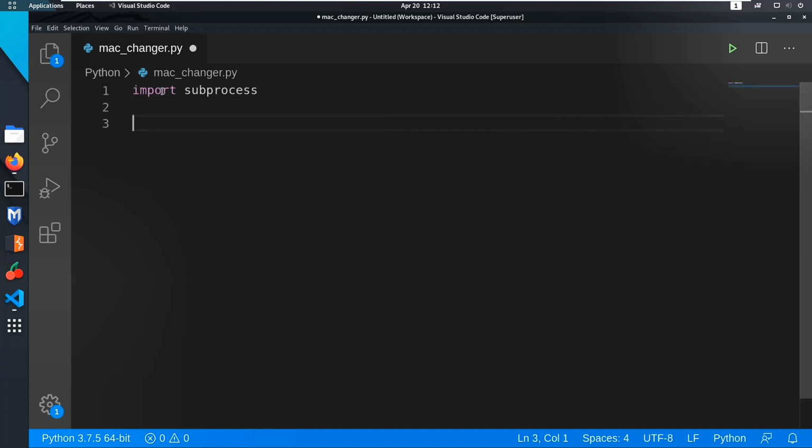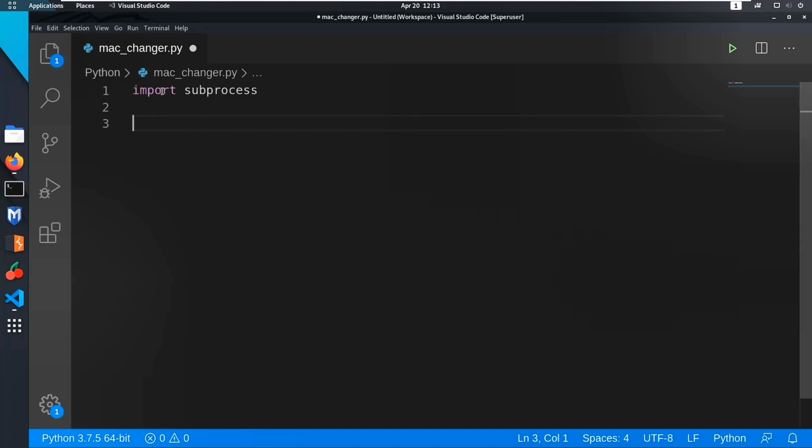For a basic overview, subprocess is a module available in Python 3, which gives us some important methods or functions that help us communicate with the terminal of Linux. Let me show you how this works.